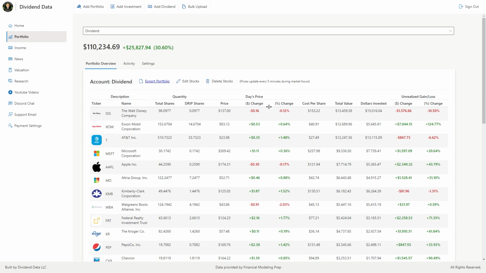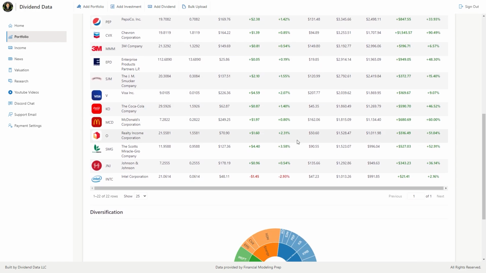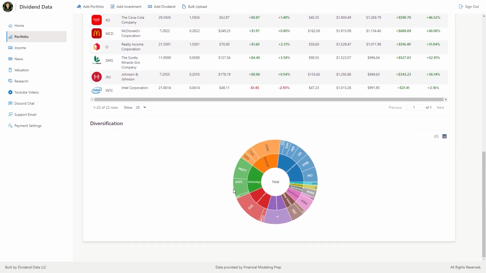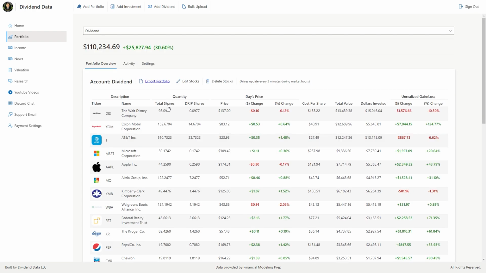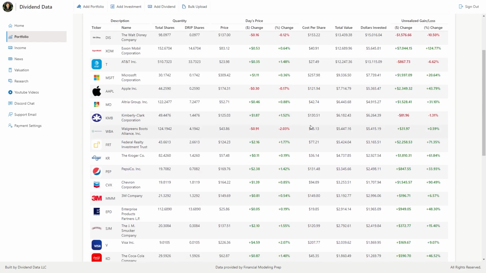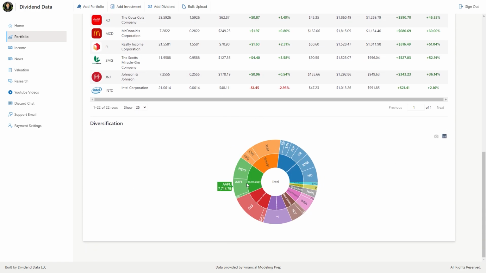So here you can see this table displays my entire portfolio. You can see your total shares and drip shares, which are the shares earned from reinvesting dividends. There's the daily price data of the stocks, the cost per share, total value, dollars invested, and the gain or loss. If I scroll down, we can see my account's diversification by sector and the individual stocks that make up